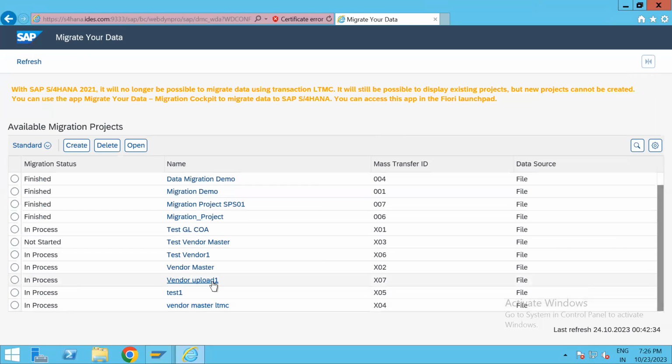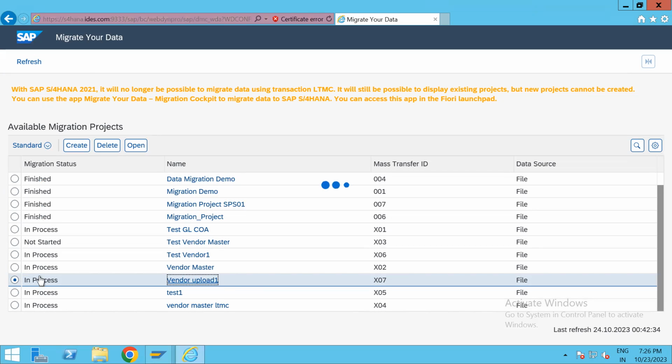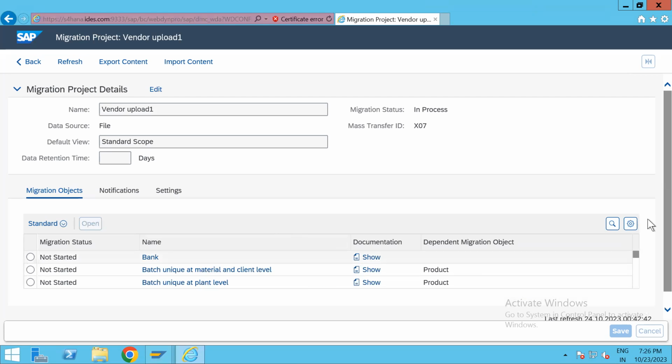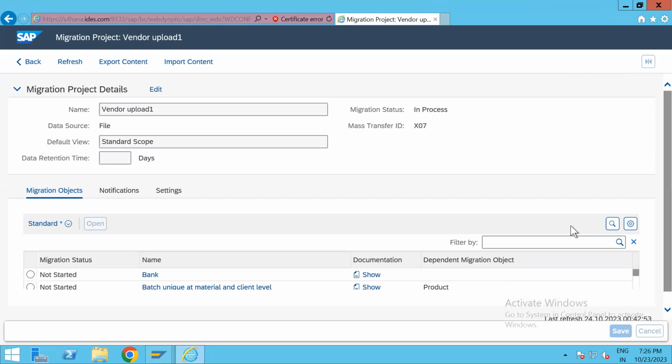Our process was the vendor upload tool. Okay, so I'll open it again. If you want to come back again and use it, you can come like this. In process, it will be just open. Click on open. Then look for your